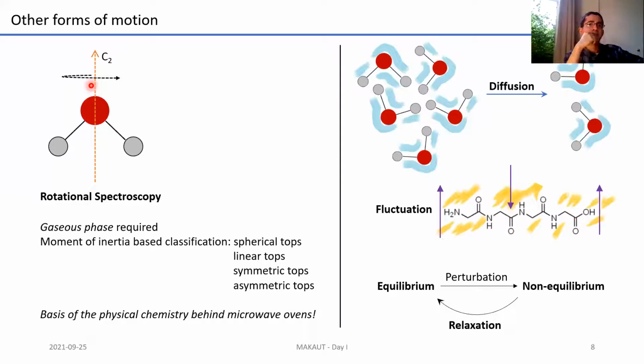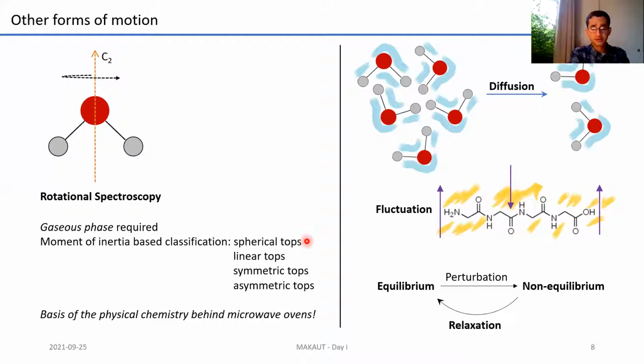Just suffice it to know, you might have read about this in undergrad chemistry from standard rotational spectroscopy texts like Banwell and McCash, maybe, or Hollis, that molecules are classified according to their moments of inertia into different kinds, like spherical tops, linear tops, and all of these have unique properties, and you can actually set up the rigid rotator Hamiltonian and then solve for energy levels and thus understand this.